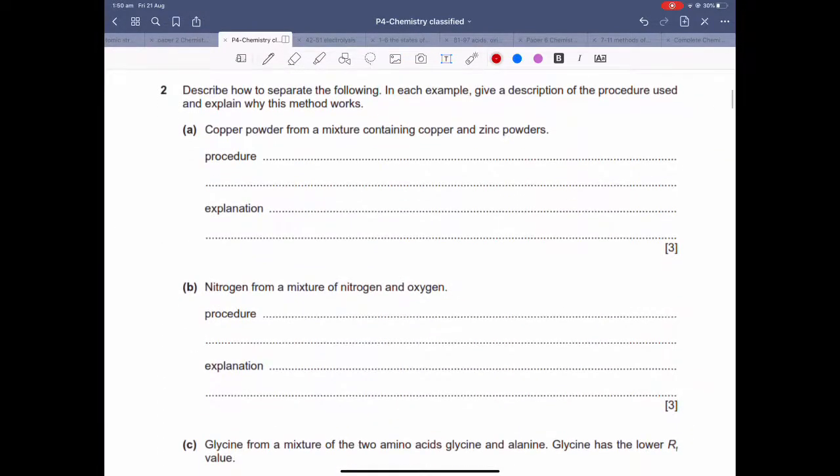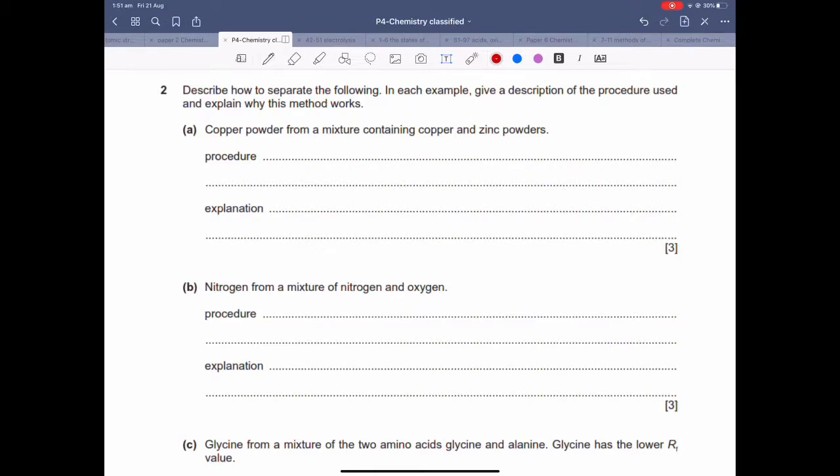Describe how to separate the following. In each example, give a description of the procedure used and explain why this method works. So, copper powder from a mixture containing copper and zinc powders. It's not just relating to separation techniques, it's also connected to the topic of metals, specifically the reactivity of different metals. So one thing which they ask about a lot is the fact that copper does not react with dilute acids. So in this question you need to know that copper does not react with dilute acids, but zinc